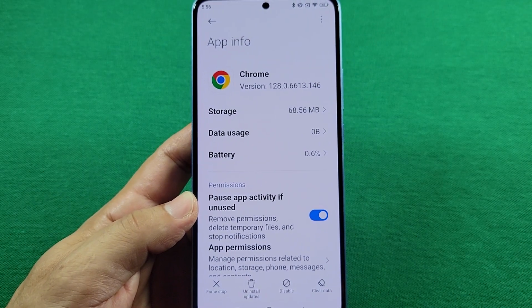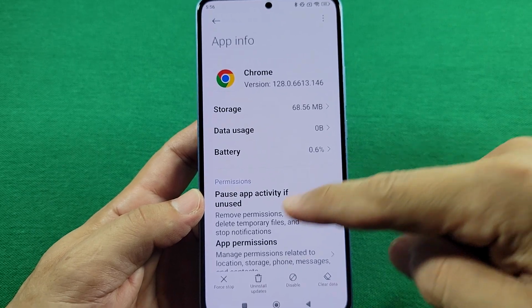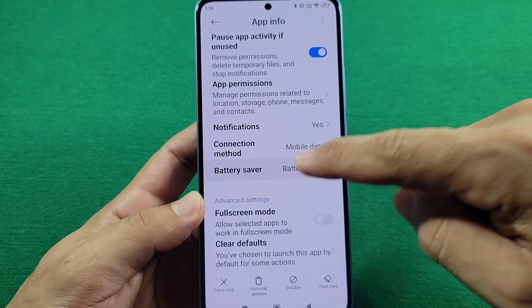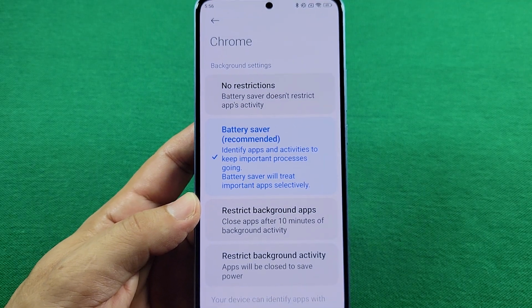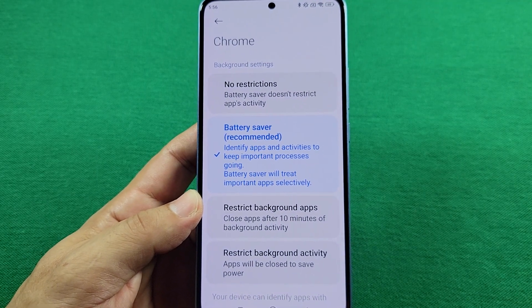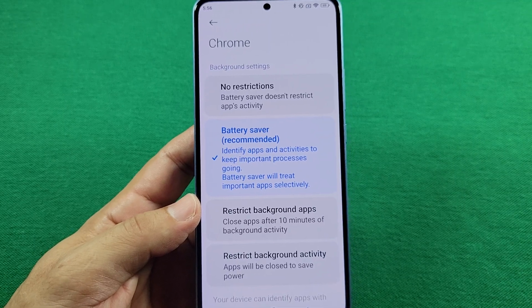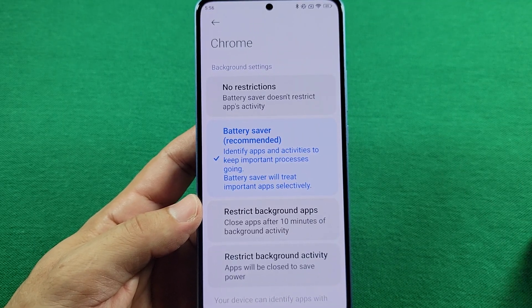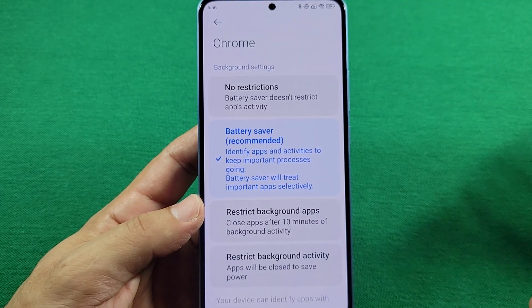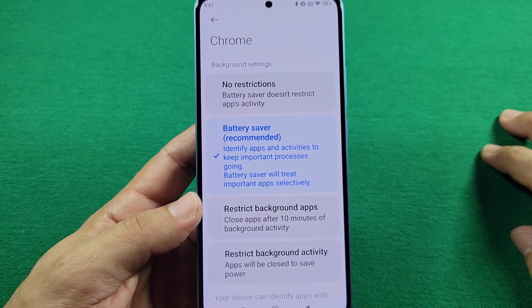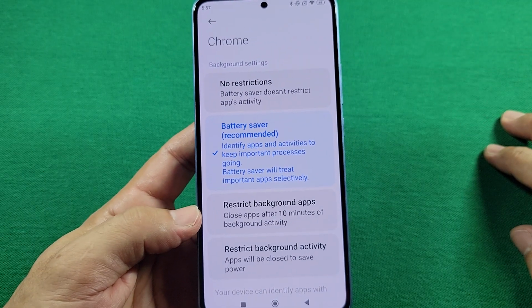Now, once you're in the app info section, you are going to look for the battery saver option. So when you go there, you can change the background settings of that particular app. Your app will most likely be set to either the battery saver option or no restrictions. If that app is on no restrictions, it's going to basically go all out in the background without you